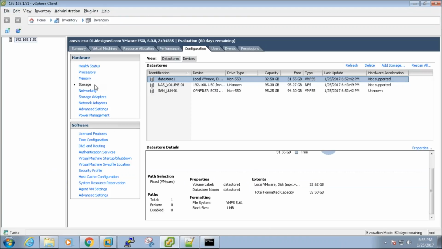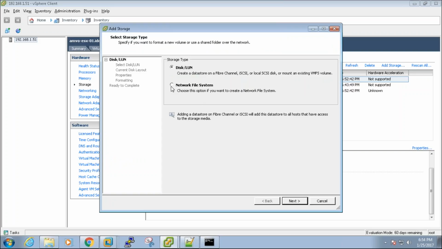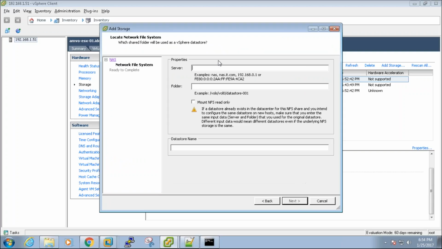So to configure an NFS data store, you need to select the host, go to the configuration, select the storage, say add storage, and if it is an NFS data store that you wanted to configure, say network file system, next, and give the NFS server name or IP address, give the folder path that is similar to this, and just give any name that you feel like giving. That should be it.